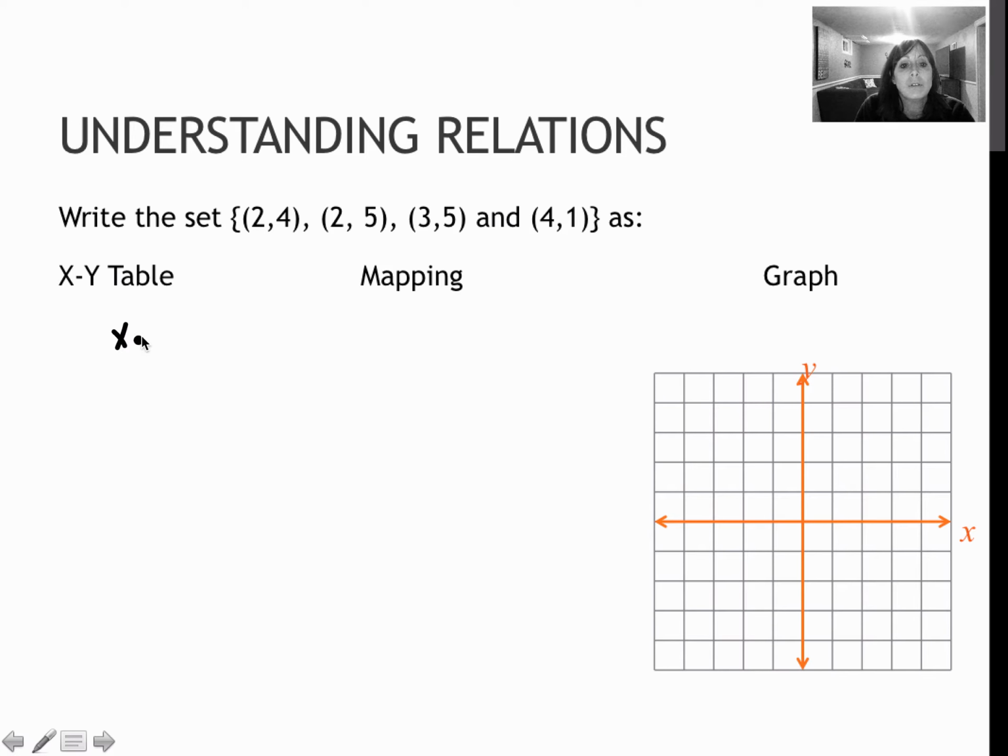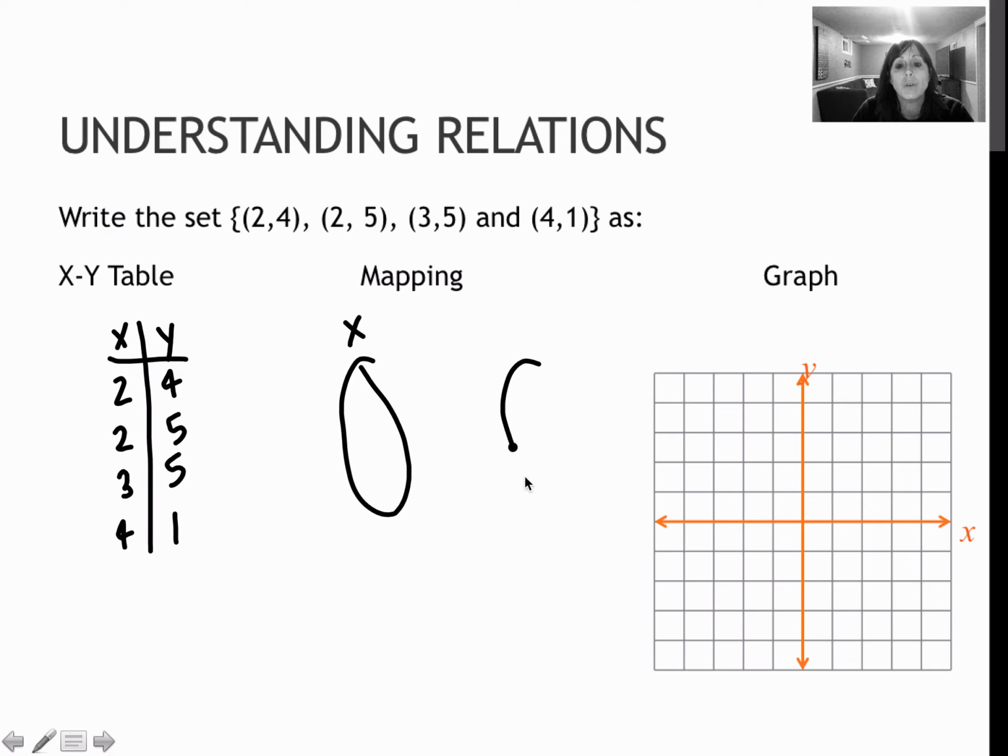The XY table would be just me writing out the (2, 4), (2, 5), (3, 5), and (4, 1). Notice on this one, I had to write the 5 twice, and I had to write the 2 twice because I need the row to be the ordered pair. For a mapping, I'm going to draw 2 ovals, and my X oval will contain the X values of 2, 3, and 4. Notice for a mapping, I didn't put the 2 twice because I'm simply going to draw an extra arrow. For the Y values, I've got 4, 5, 5, and 1, so I'm going to write 1, 4,